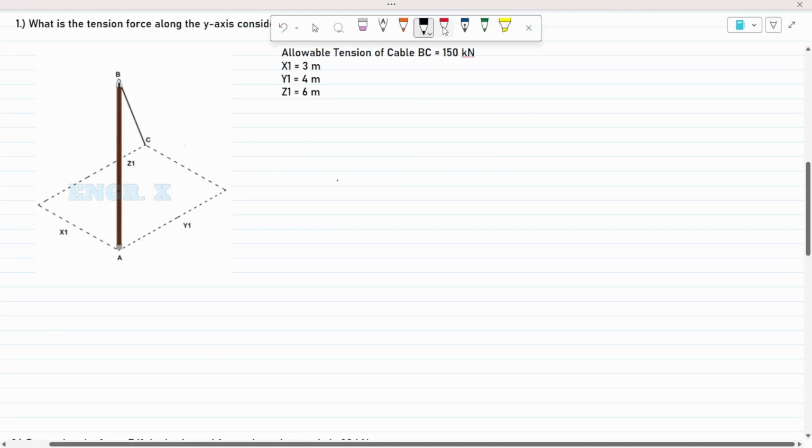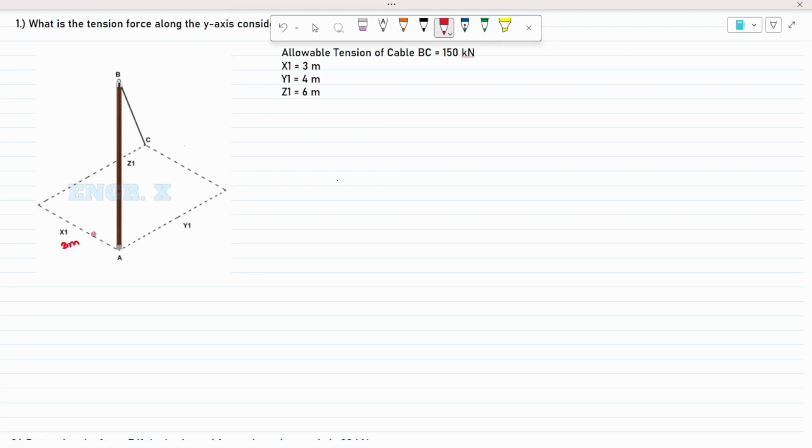First, let us indicate the dimensions. X1 is 3 meters, Y1 is 4 meters, and this is Z1, the vertical height. Although it looks like they are apart, the location of A and B is at the same point. So this is Z1. Z1 is 6 meters. Okay? Now,